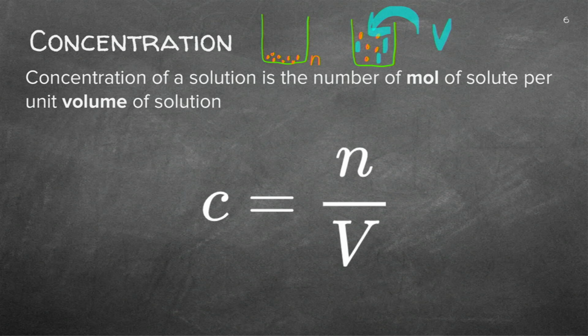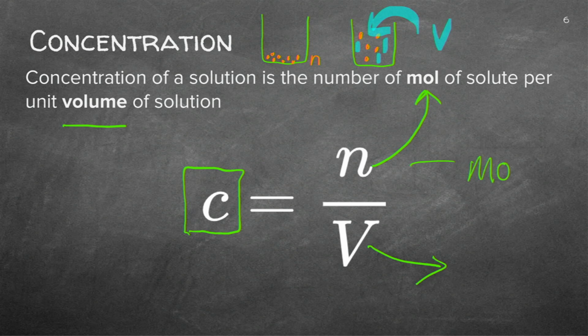Right, let's see the equation that we can calculate the concentration. Now, the concentration will be a small c. It will depend on the mole, and you know we've already abbreviated mole with an n, and the volume, which is now the V. What will the unit be? Well, that will be then mole per cubic decimeter. That is the unit for concentration. Be careful, guys. You will not always get an example or a question with cubic decimeters.